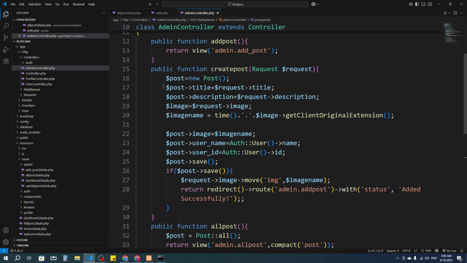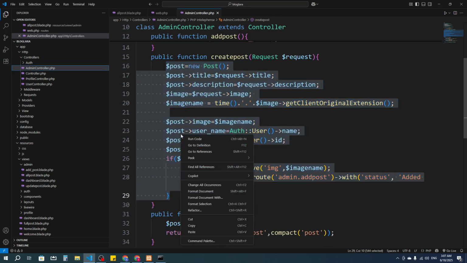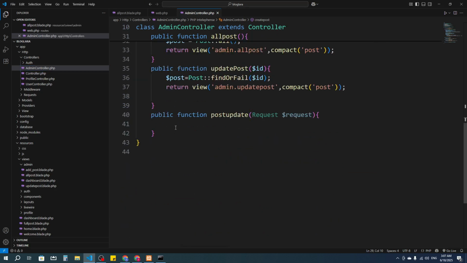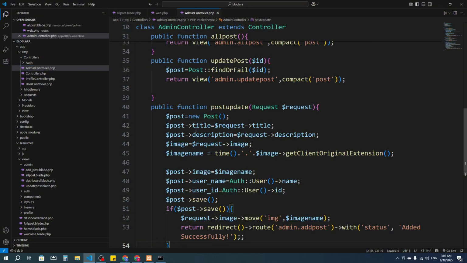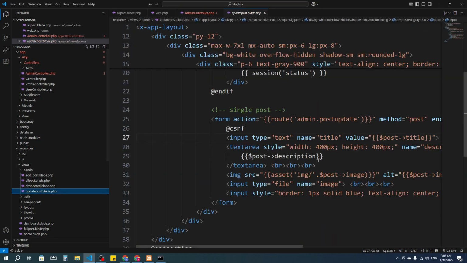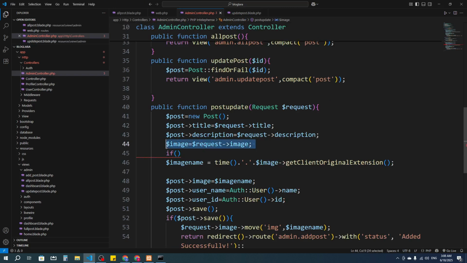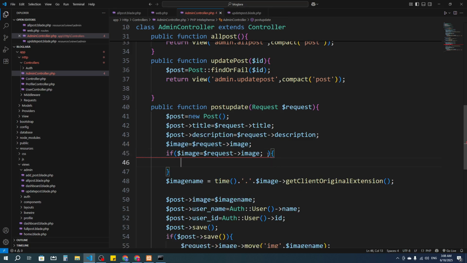And we can actually copy everything from here. I will actually copy everything from here, and then I will go there, paste it, and now we will get the title, we'll get the description, we'll get the image, and then we'll check that in the views, here you can see we have given here option. So here you can see this is the old image, so admin can actually update the image. So if admin updates the image, then we will actually update the image. Otherwise we don't need to actually update the image, right? So here we will give an if condition that if it has happened, then okay, then we will go for the next step, and then we will say that